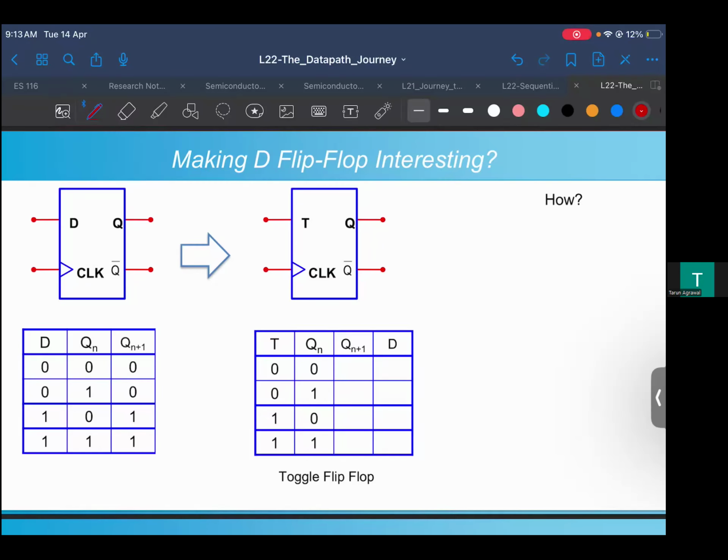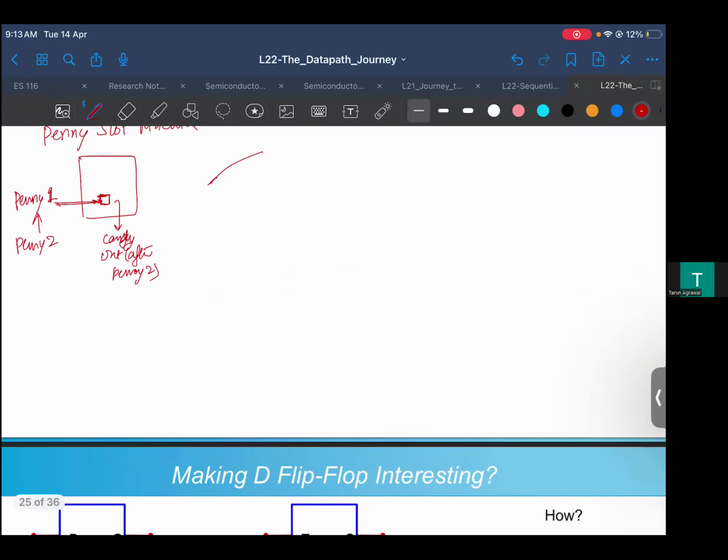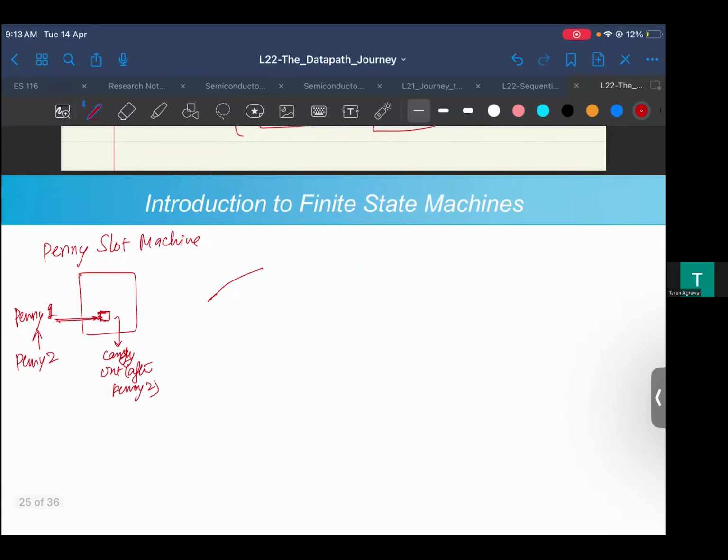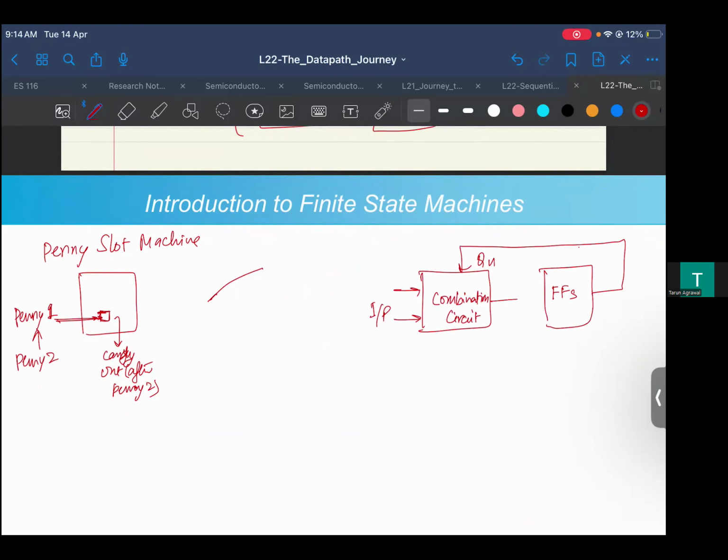Okay, so we were just talking about finite state machines, where we saw that there is a combinational circuit which can have a series of inputs coming from, let's say, a flip-flop circuit, or flip-flops, and this is giving you the input which gives you the previous state. There are different inputs which could come, and the output of this is decided by not just this state,